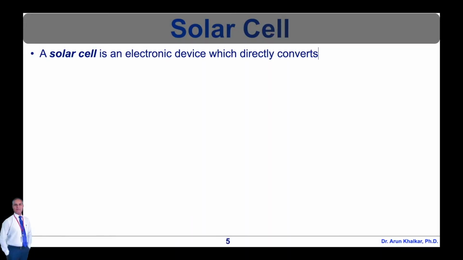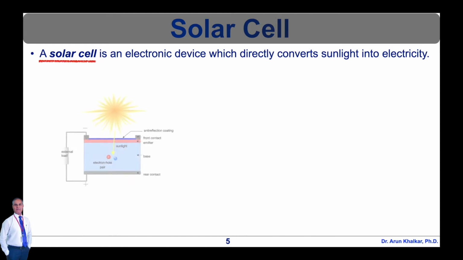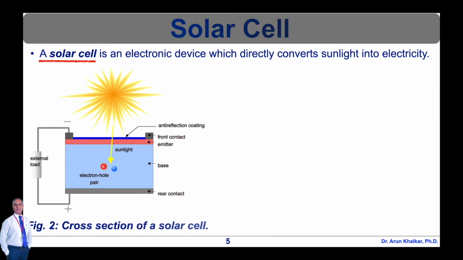A solar cell is an electronic device which directly converts sunlight into electricity. Light shining on the solar cell produces both a current and voltage to generate electric power. This process requires firstly a material in which the absorption of light raises an electron to a higher energy state, and secondly the movement of this higher energy electron from the solar cell into an external circuit. The electron then dissipates its energy in the external circuit and returns to the solar cell.